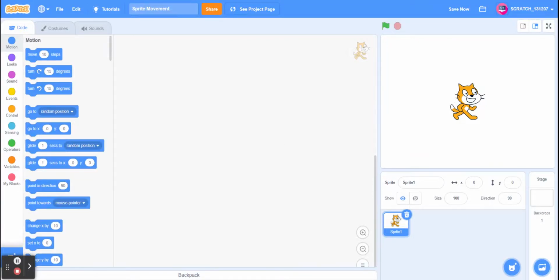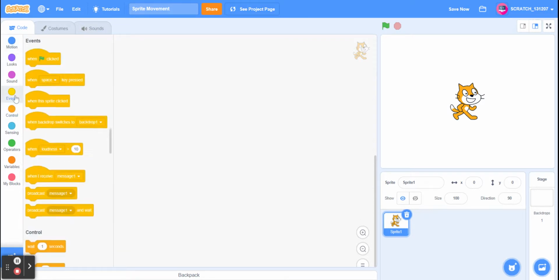Hello, in today's video I am going to show you how to do sprite movement. This means that with the arrow keys, a player will be able to move a sprite. So it's very simple. So when green flag clicked,